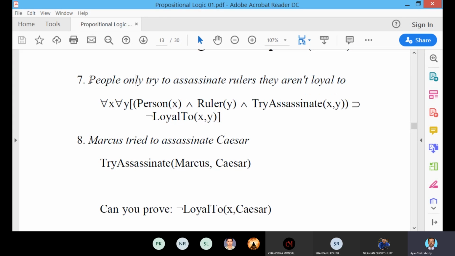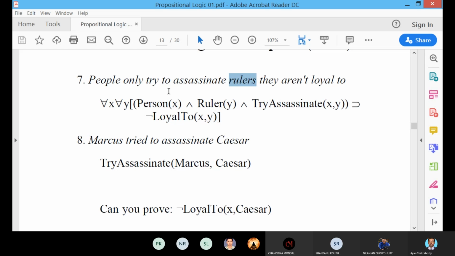In this statement, how many predicates are there? People. This is a common noun, so it is a predicate. Ruler. Rulers is also a common noun, so it is also a predicate.